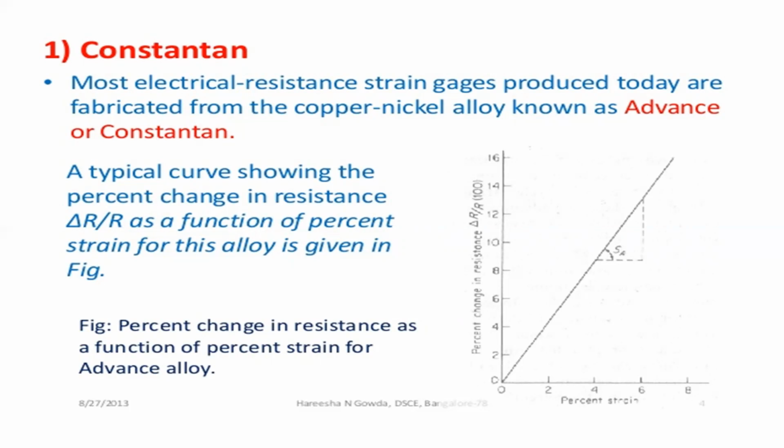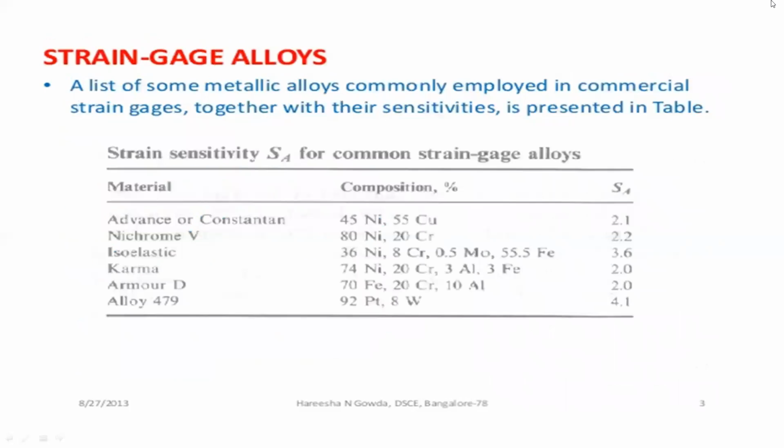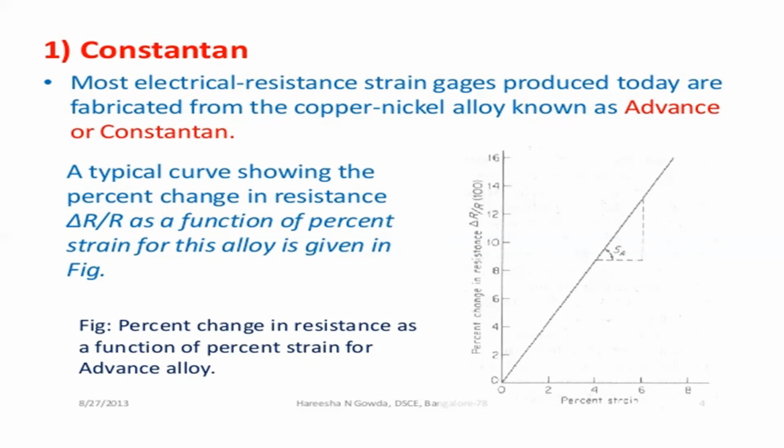Most electrical resistance strain gauges produced today are fabricated from the copper nickel alloy known as advance or constantan. Among the different types of strain gauges, one is the electrical resistance strain gauge, and in it we mostly use this constantan material. Constantan has copper and nickel: 55% copper and